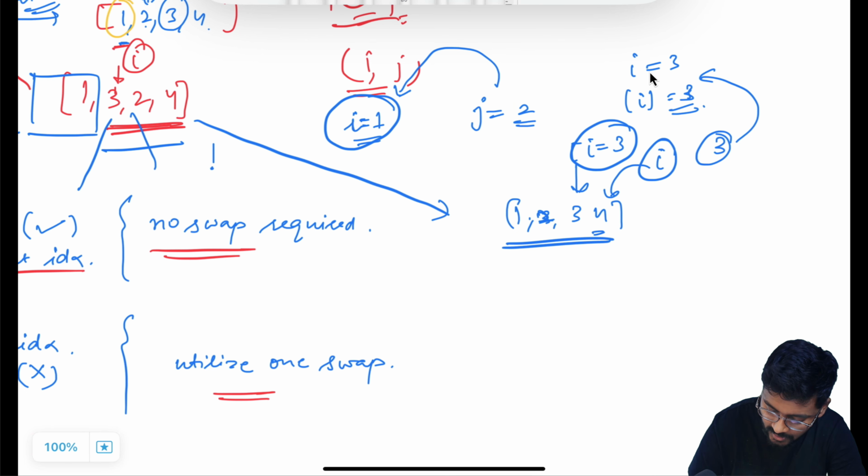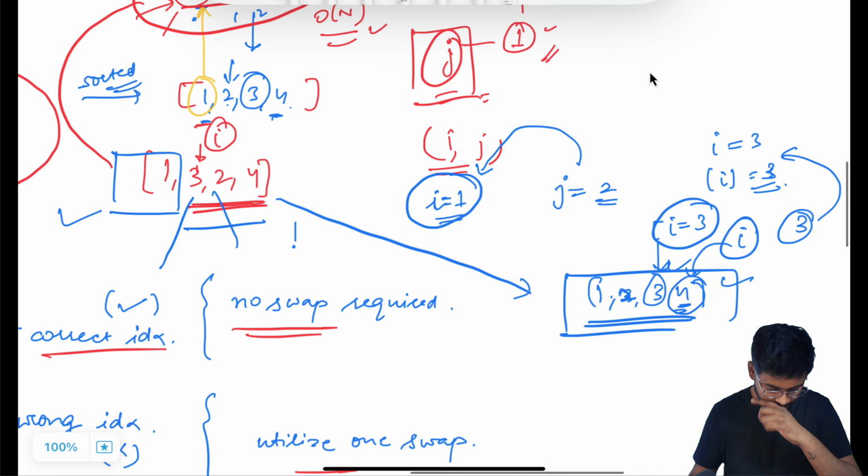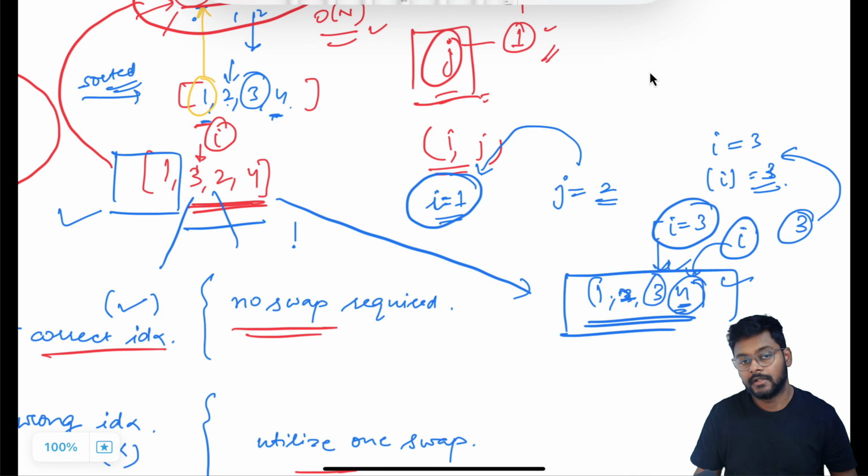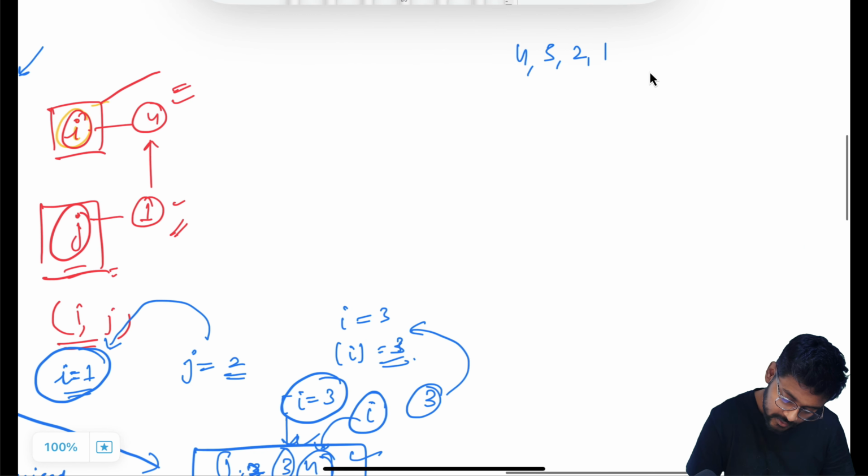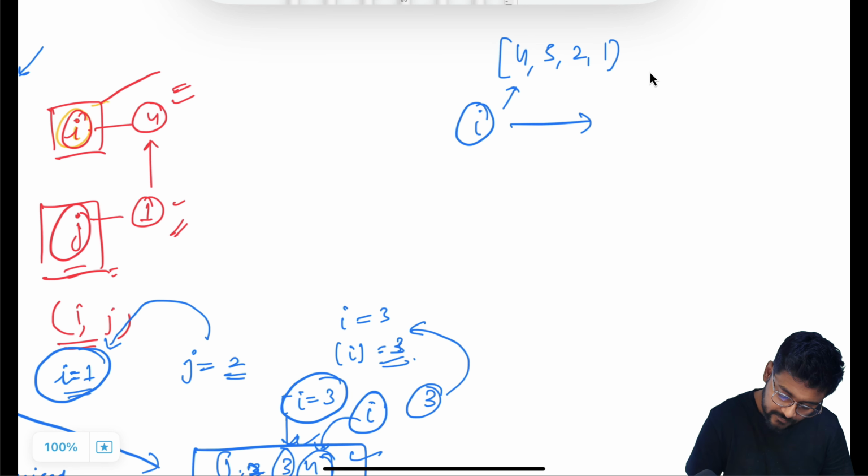Same for i equal to 4. The element 4 is here, and from the sorted form we got to know that 4 should be here. So yes, this 4 is also at the right place, 3 is also at the right place. In short, we require 2 operations. Whenever we are doing a swap, we can increment our counter. For 4, 3, 2, 1, what we did is we iterated over this given level array, and along with this we also maintained a